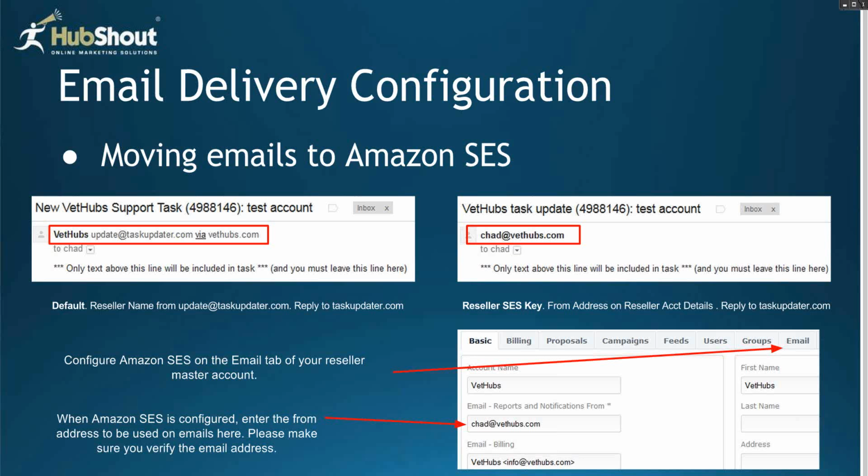This is something that we recently rolled out a couple weeks ago now, where we've changed the way that emails are sent to you. And some of you may have noticed this, some of you may not have noticed this. But one of the things that we've noticed over time is that with the old platform that we were using for sending task updates, there were a lot of problems with either a delay getting the email through to you, and in some cases, maybe they were getting routed and picked up in the spam filters and various other things. So we've rolled out Amazon SES for a lot of our email